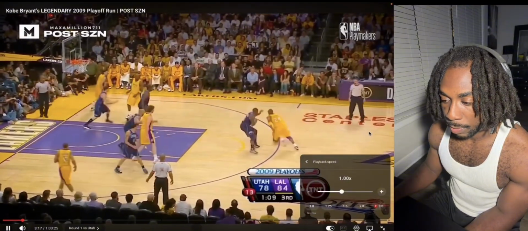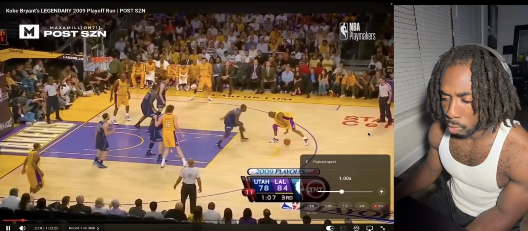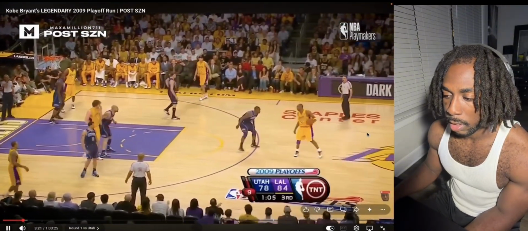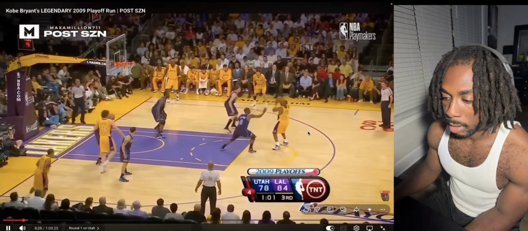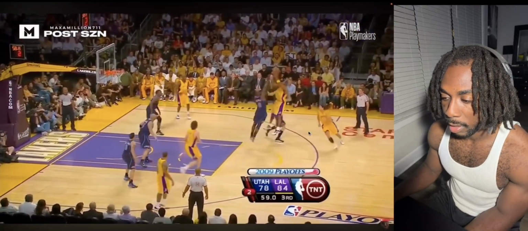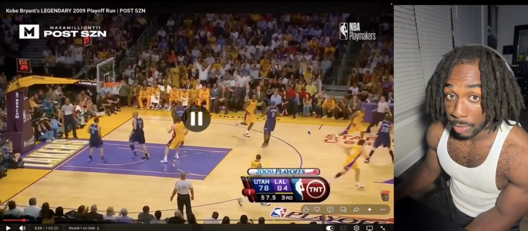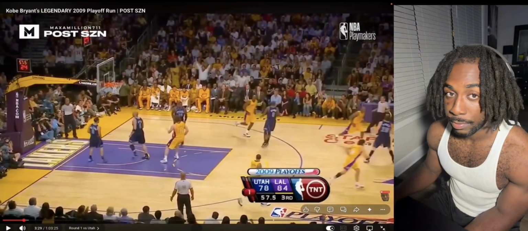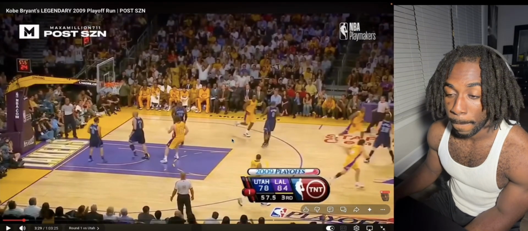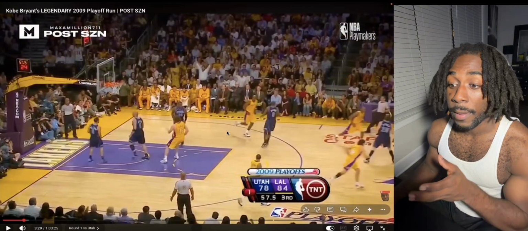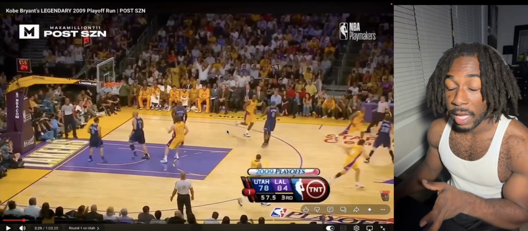Boom, catch on two, boom. Oh, dang. Fake. See, don't do that move. Trust me, you ain't gonna do that. The reason why he's able to do that is because his name is Kobe. You're not Kobe, okay? Now, this is the importance of pump faking with a purpose.